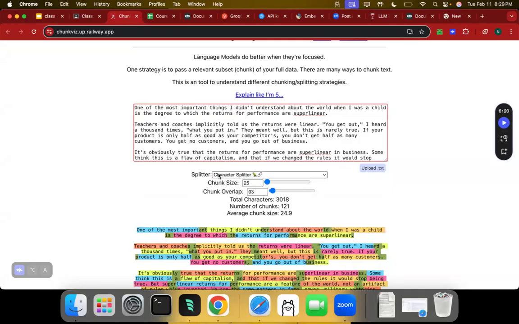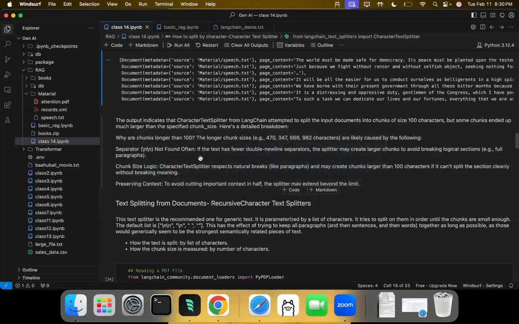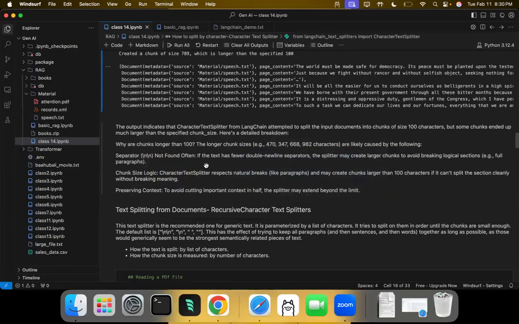If my chunk size is less, and I have more text within that paragraph, what the character splitter will do is ignore our chunk size, and then it will split until it encounters the new paragraph. Okay, so how this character text splitter is implemented internally is,